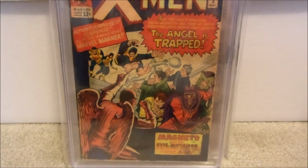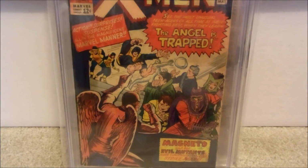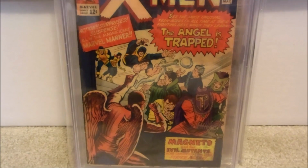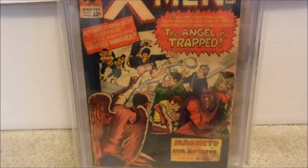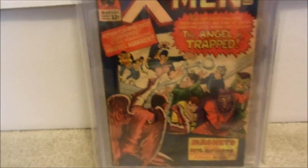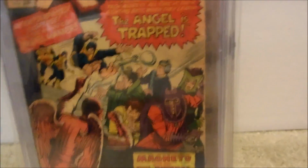X-Men number 5. This is the third appearance of Magneto, second appearance of the Brotherhood of Evil Mutants, which is Quicksilver, Mastermind, Toad, and the Scarlet Witch. This has been definitely restored. It's been trimmed, extensive color touch, re-glossed, cover reinforced, cream to off-white pages, and a restored grade of 1.0. So, I mean, this book,